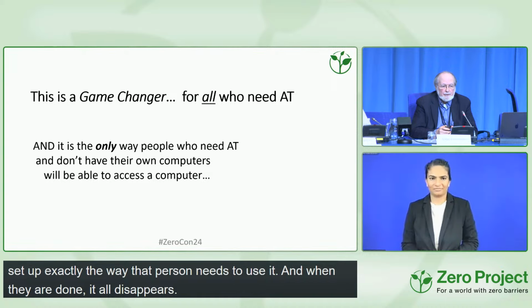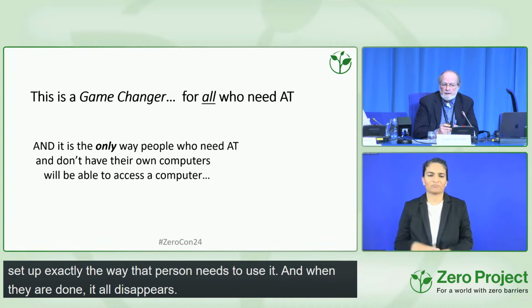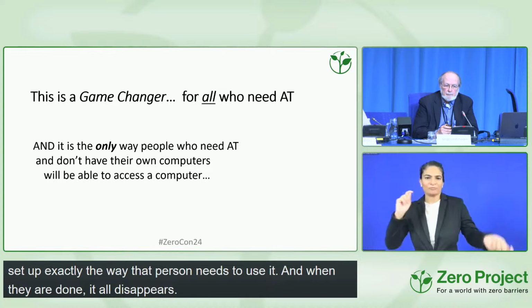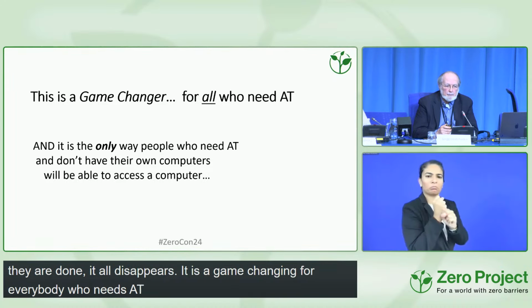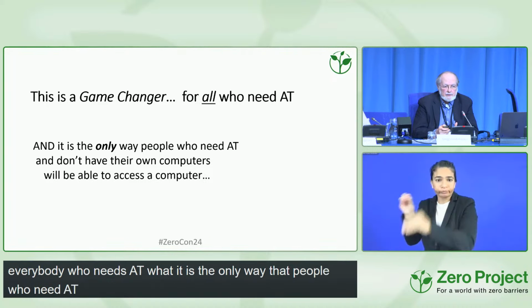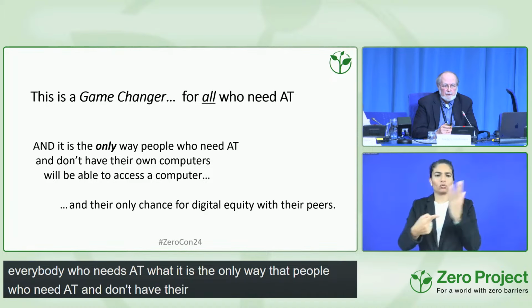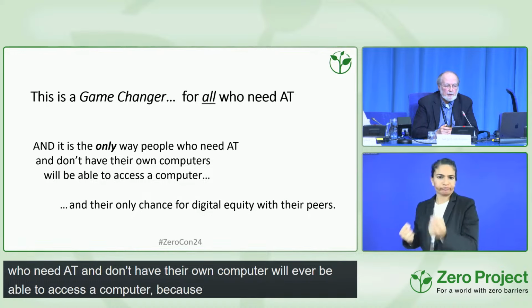It's a game changer for everybody who needs AT, but it is the only way that people who need AT and don't have their own computer will ever be able to access a computer, because it's the only way they can actually install it on all these other computers that they find around them. And it's their only chance for digital equity with their peers.